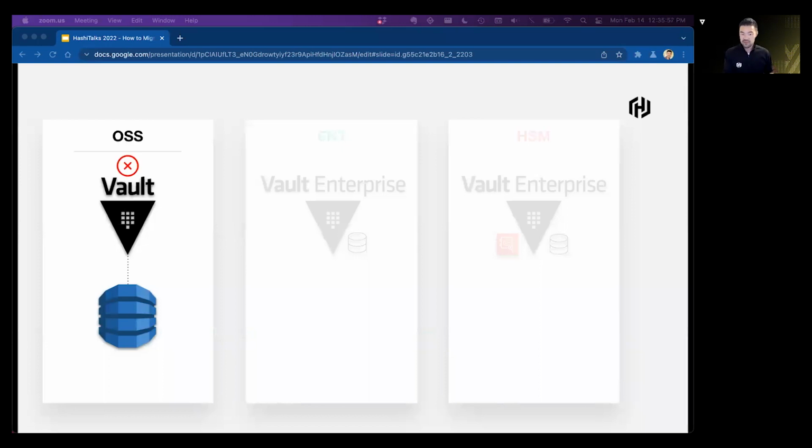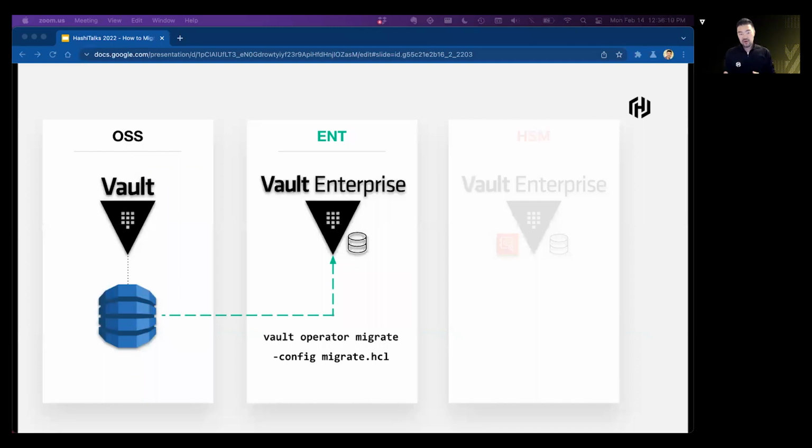Then we're going to stop the Vault service so we can ensure consistency of the data with no new leases or secrets being generated. And then we'll also want to take a backup of our Dynamo table at this point. And then we're going to log into our Vault Enterprise node and issue the Vault operator migrate command while passing